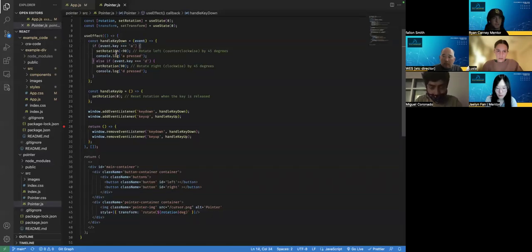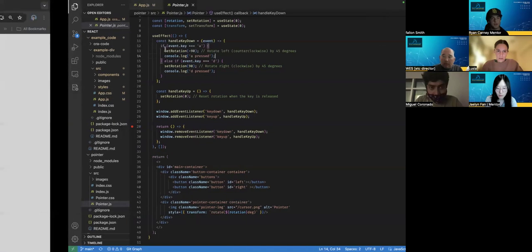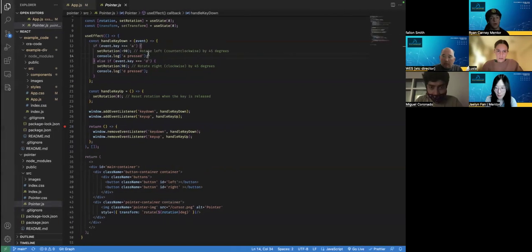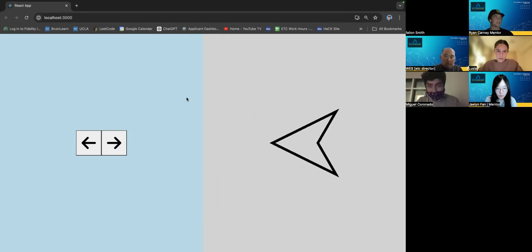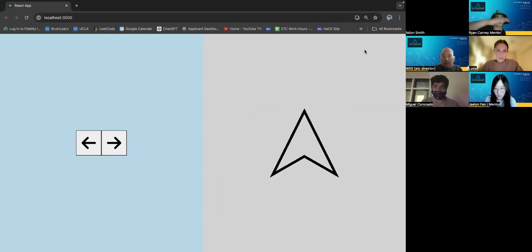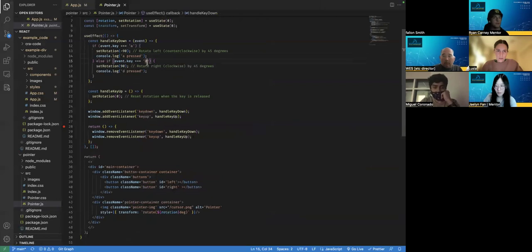And then it sets the rotation to negative 90 degrees, or sorry, 45 degrees, or no, it should be 90 degrees. Yeah, so it sets it left. So I'm pressing A right now, and I added some CSS that makes a nice transition, but basically it rotates the actual pointer to the left. And then I do the same thing if the event key is D, and for the sake of time,